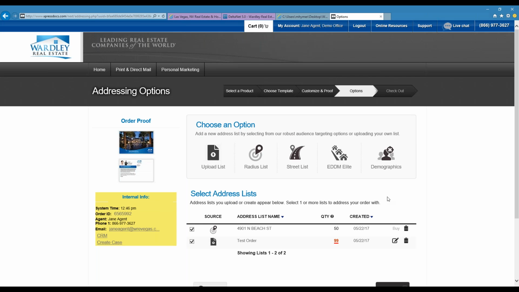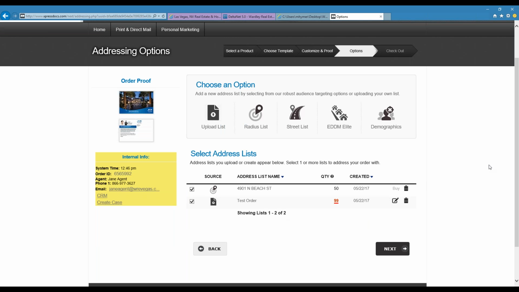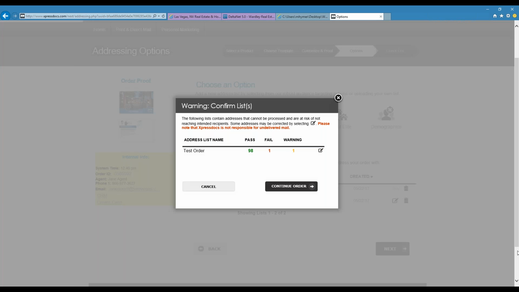So I'm going to go ahead and back up here. Let's say you wanted to move forward with these two pieces. You've got the list that you've uploaded in and you've created that radius list, and this is what I want to use on this postcard that I've put together. So now if I want to mail both, make sure they're both selected, and then just use that next button